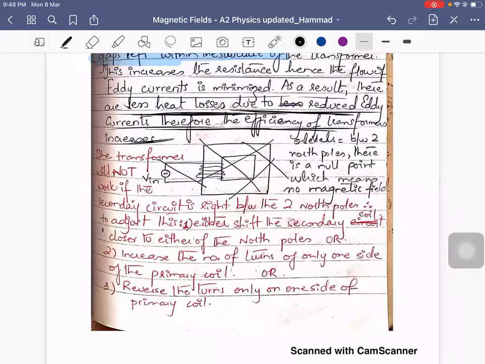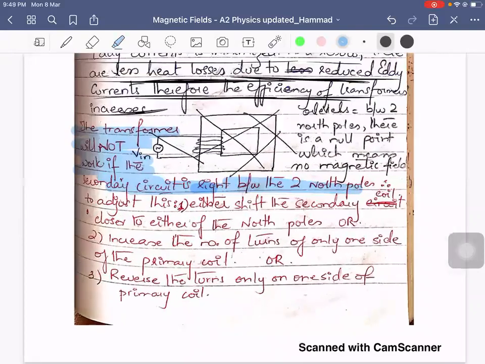The transformer will not work if the secondary circuit is right between two north poles. Therefore, to